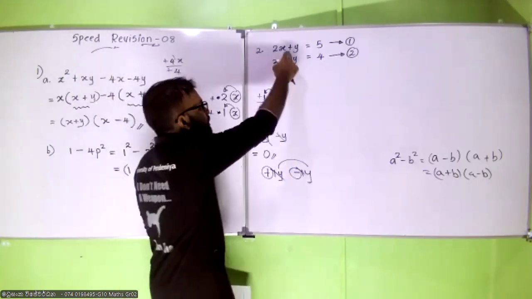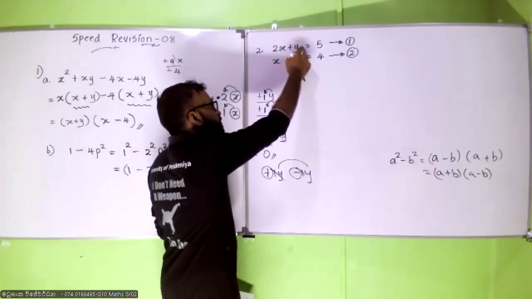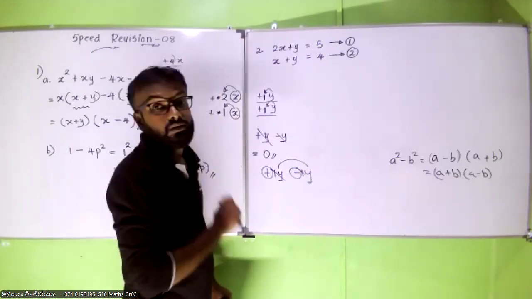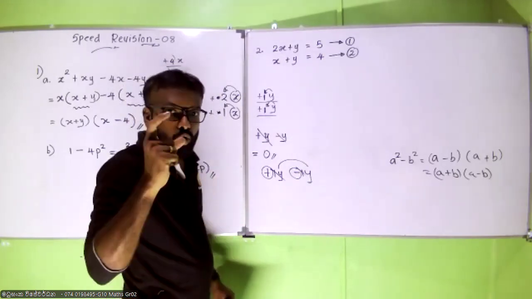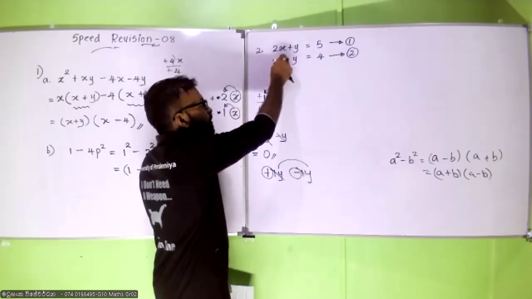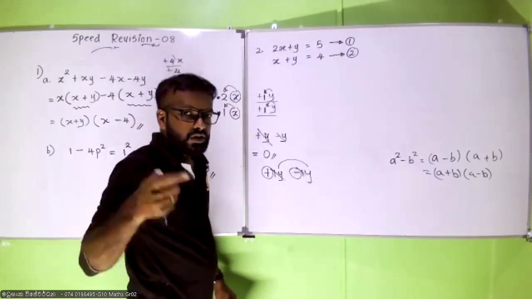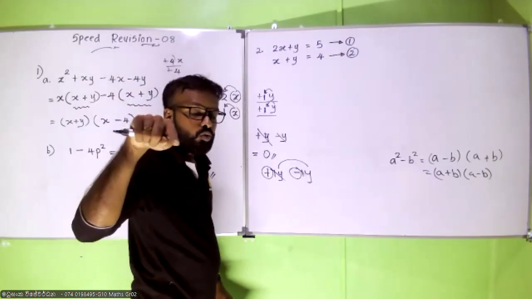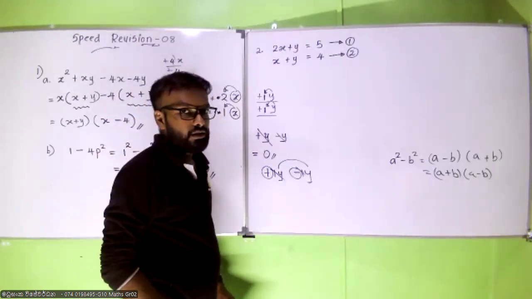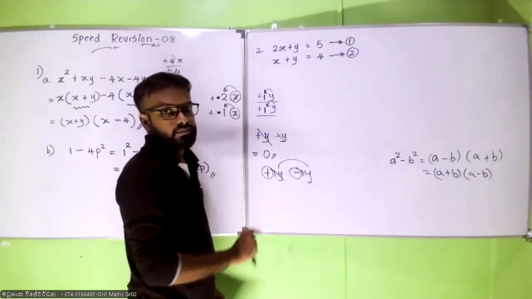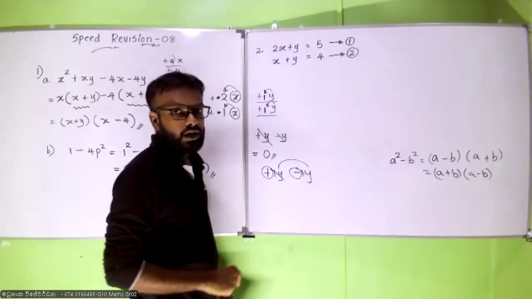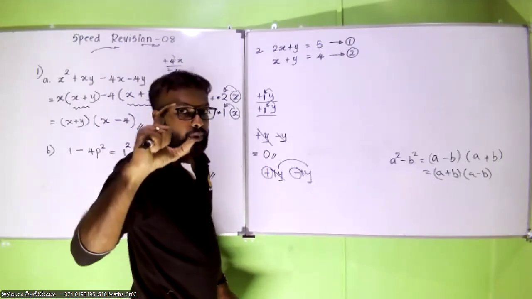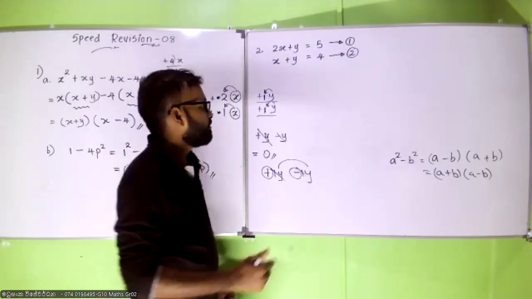But here, same term with the same coefficient, and the same sign, plus plus. So one of these plus signs should be converted into a negative sign, so that you can eliminate y. So you can eliminate y. Right? So the pattern that you need to understand is,